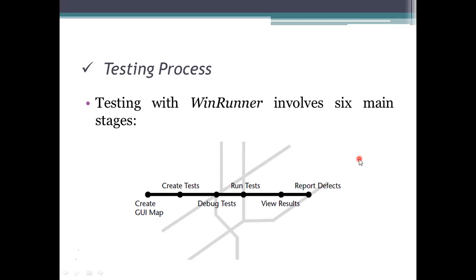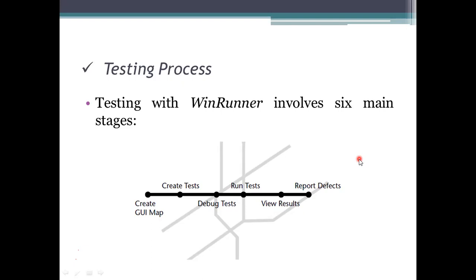So for the first time, in recording the test, what you are checking first has to be included there. That's why we need to insert checkpoints. The checkpoints are inserted for checking the GUI objects, the database elements or the databases we are providing, and also any bitmaps, or any type of checking that has to be done.